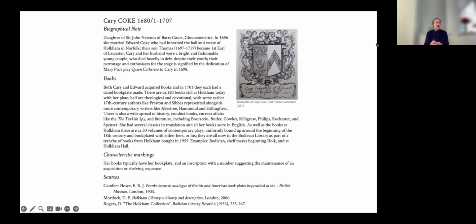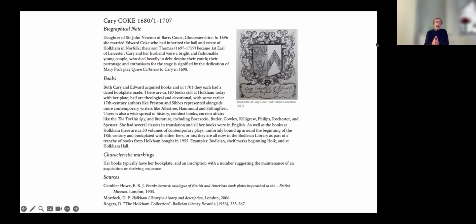And then we've got a field headed sources, which is bibliographical references to tell you where to go next. And Book Owners Online is not intended to be the last word on its subject. Its aim is to be rather the first word, or the first place to go. What it would like to be is the place that people automatically gravitate to if they've got this kind of question. And the entry will tell you some essential facts and give you signposts as to where to go from here.